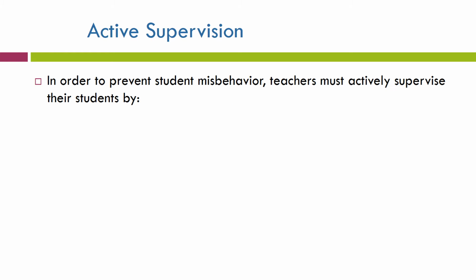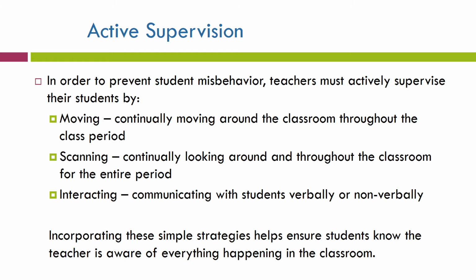Our second strategy is called active supervision. In order to prevent student misbehavior, teachers must actively supervise their students by doing several things. That is, you as a teacher moving. This is you continually moving around the classroom throughout the class period. Don't stay stationary in one place in the classroom. Instead, move your body around so you can have eyes on multiple students. Another